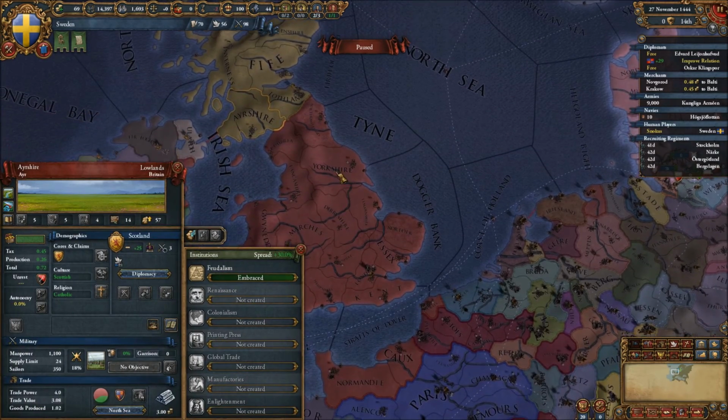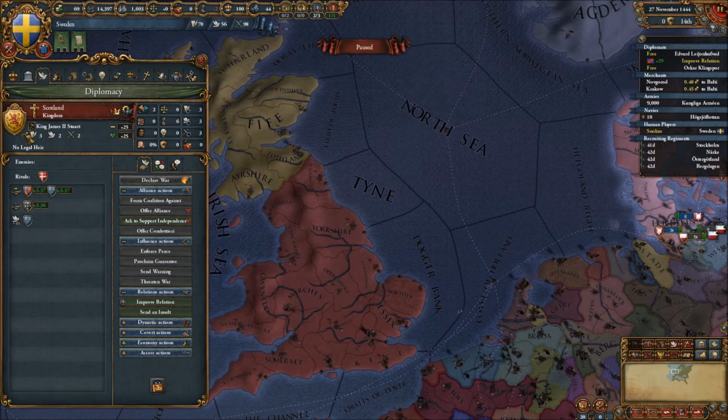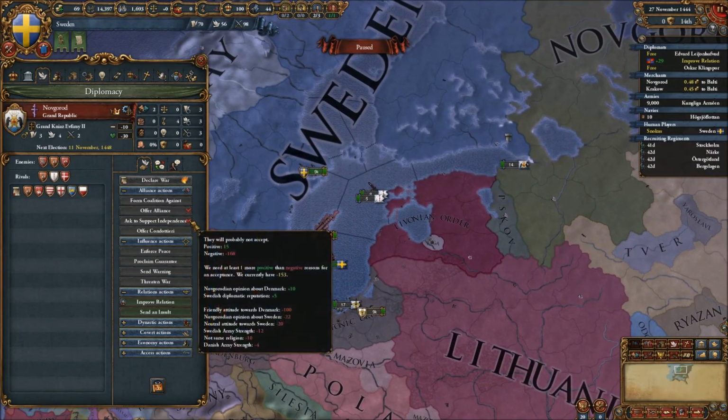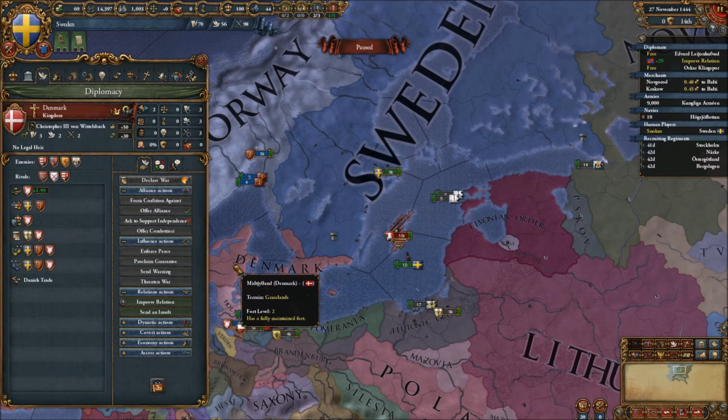Alright, so first course of action is to improve relations with England, so we might get their support. We might also get Scottish support. I'm just gonna look at who the Danish enemies are. Hungary, for some reason, I don't think they can help us out, and Novgorod, so we're gonna have to...